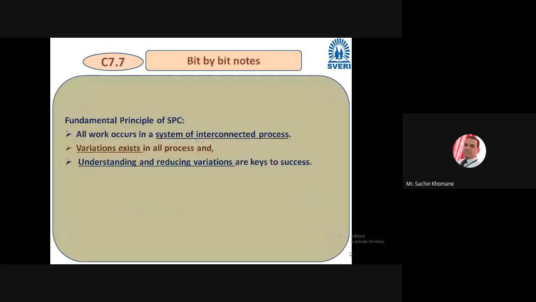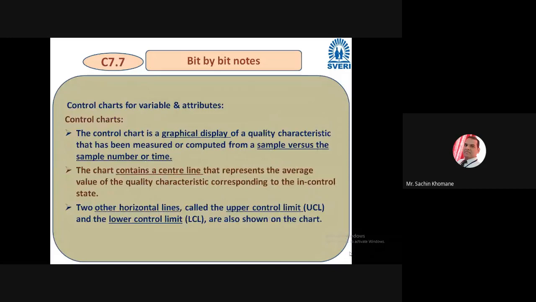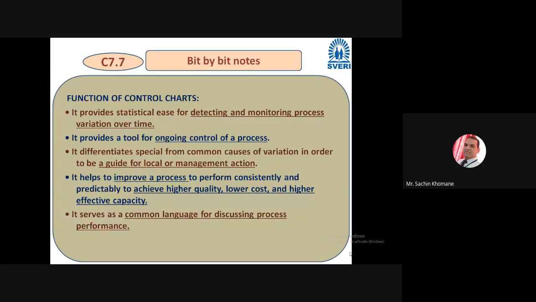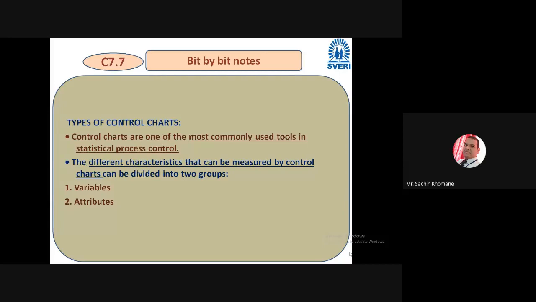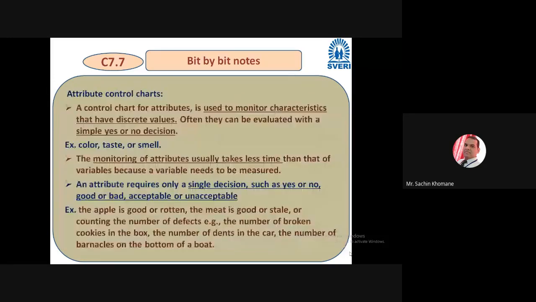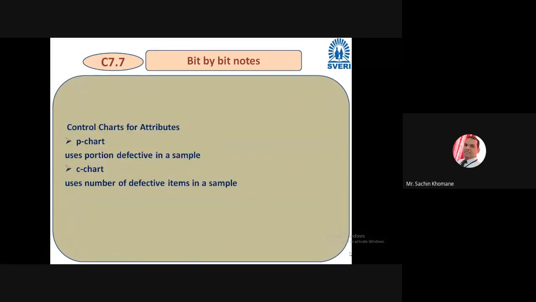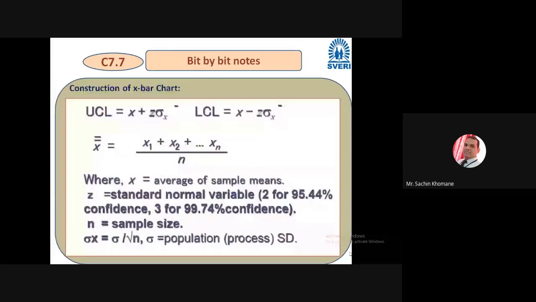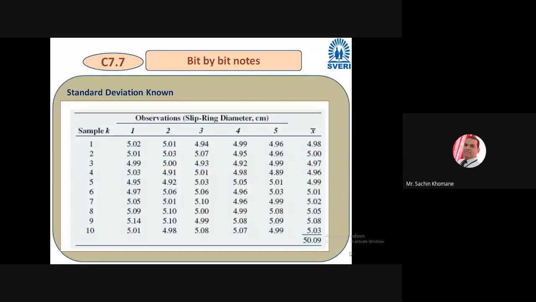Okay. So we have started our unit number 7. I think 4 hours back, we had 4 hours of discussion, and we have seen various control charts, right? Variable type of control chart, attribute type of control chart. We have seen when to use which chart, and we have seen various examples of control charts, and we have drawn them also, right? With the help of some formulas for P chart, C chart, X chart, R chart.